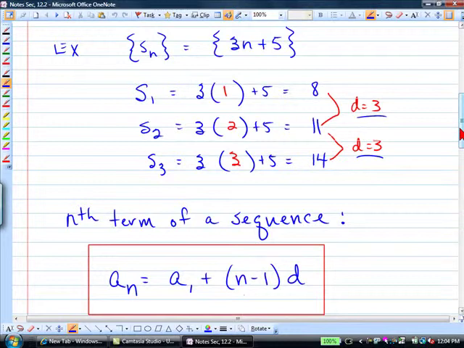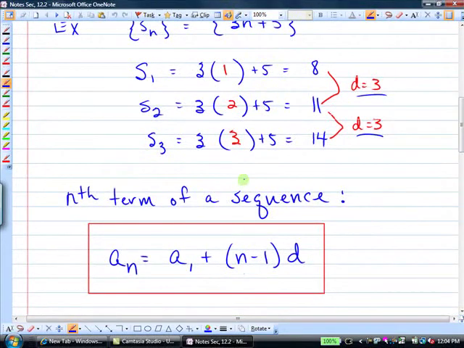All right, there's the formula for the nth term of an arithmetic sequence. A sub n equals a sub 1 plus n minus 1 times d. So that just means the prior term, you're going to add that common difference to it. And that's really what you need to use to do the questions on the homework, is that's the basic thing,